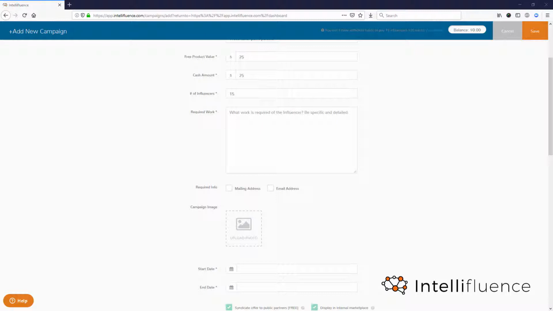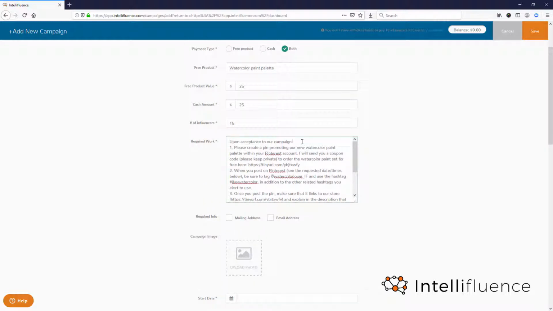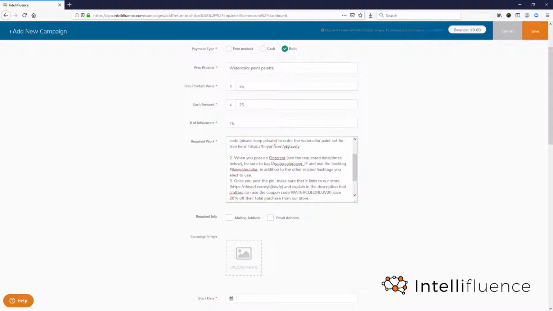So I'm going to add all of the information that the influencer needs right here. I'm going to explain what's going to happen upon acceptance to the campaign, what I'm looking for in terms of a pin being created on their Pinterest account, where to order the product. I'll let them know that I'm going to provide a coupon code where they can order the product for free,